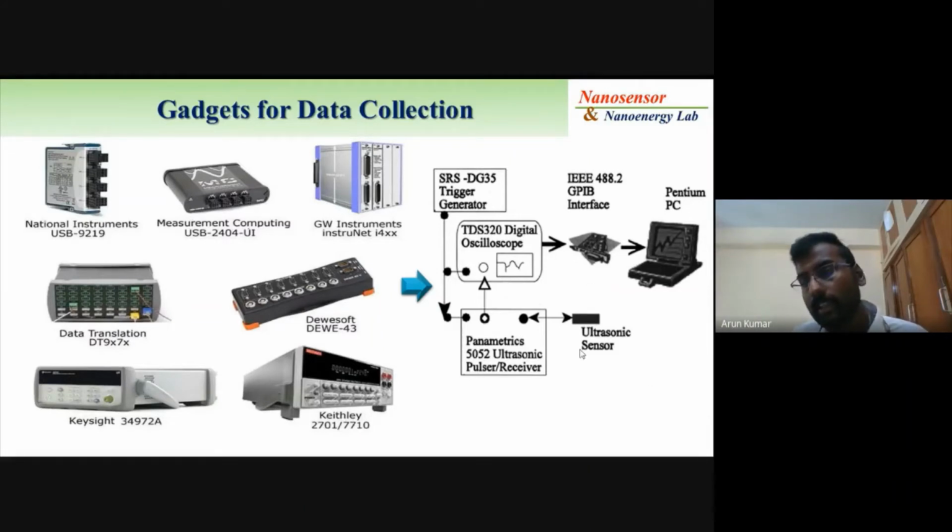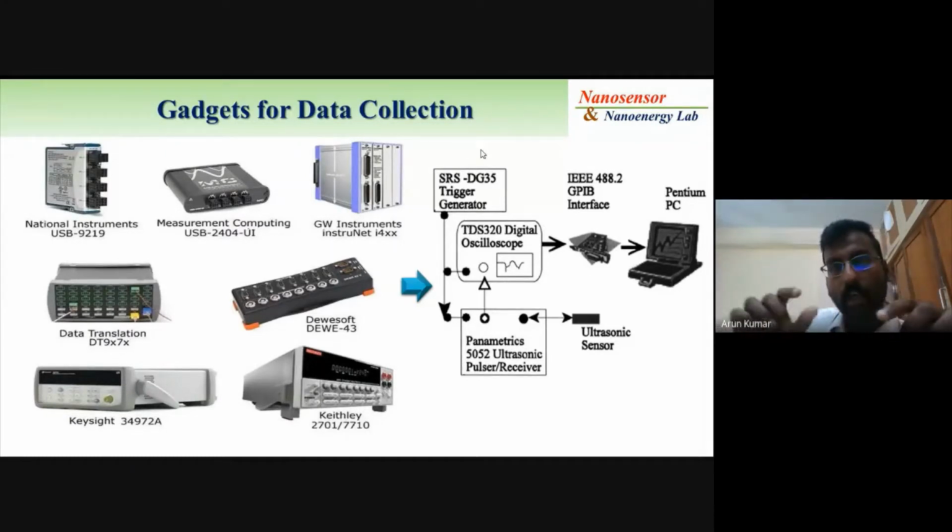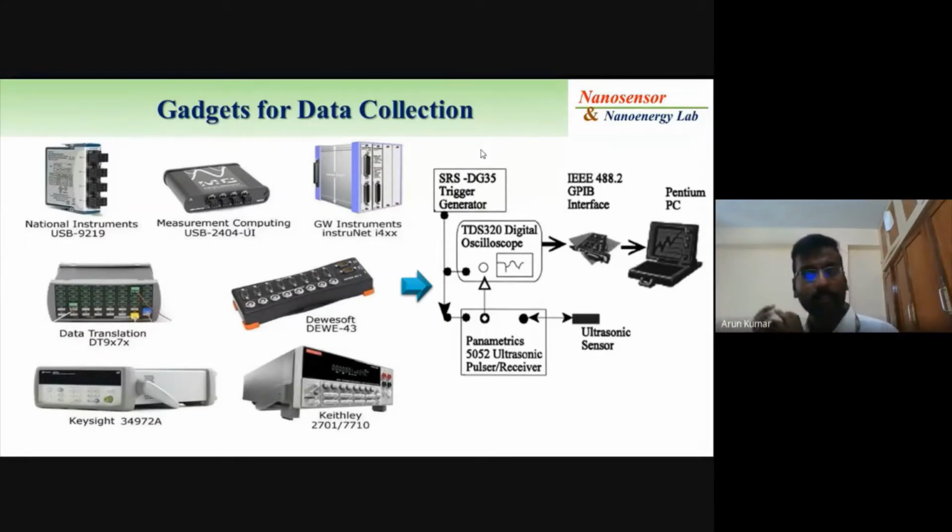So you can see here, this is an ultrasonic sensor which is connected to a normal oscilloscope. An oscilloscope is also a device that helps you to collect the data. Nowadays, a digital oscilloscope comes with a pen drive, or you can directly connect with a GPIB cable to the system and collect the data. So that's how you collect the data from any sensor. Okay, now let's see the starting point of data collection and the sensor.